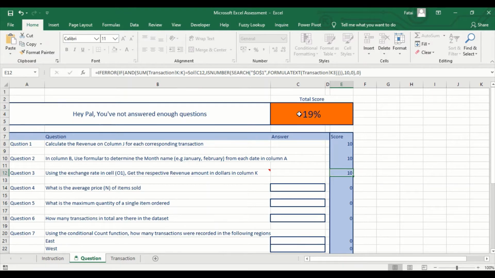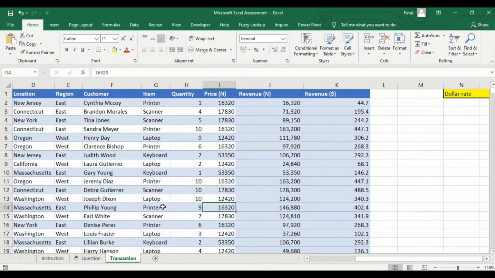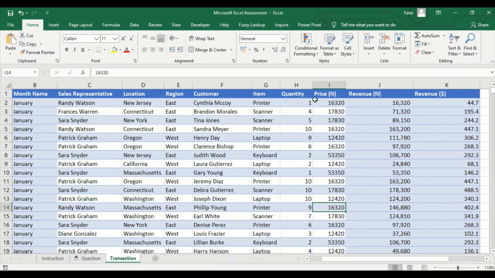I can console myself with the fact that I've gotten 3 questions correctly and I'm on 19%. So let's go to the next question. The next question says, what is the average price in Naira of items sold? If I come to transactions and I come here, I just want to know what is the average price